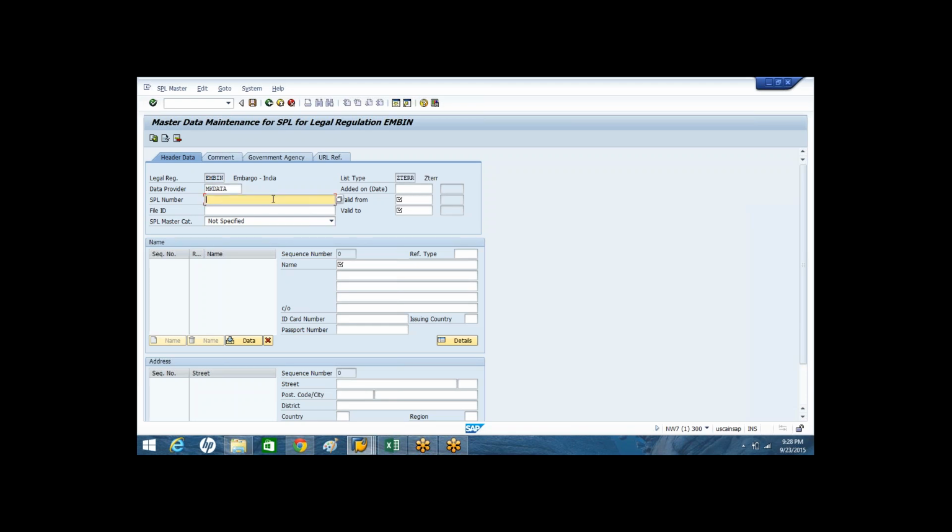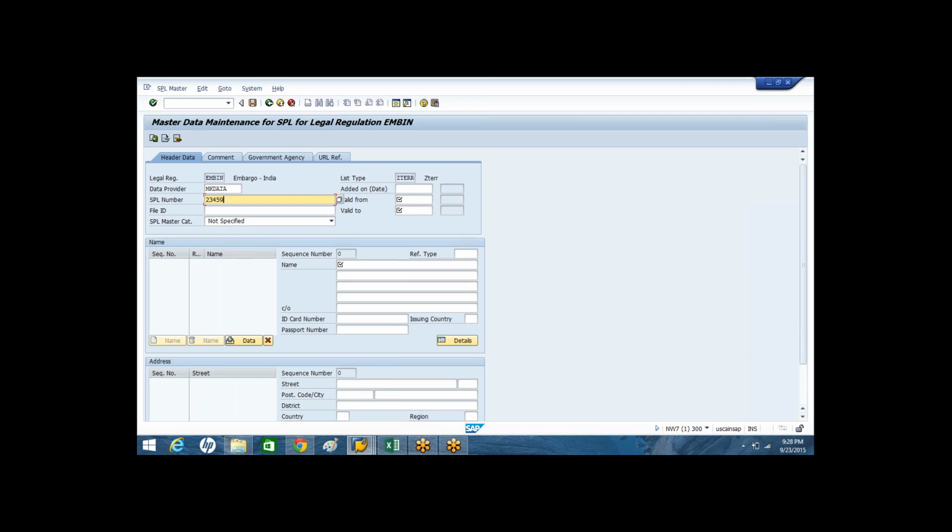So you can specify the legal regulation, the list type, the data provider, and then the SPL member name or SPL number details.